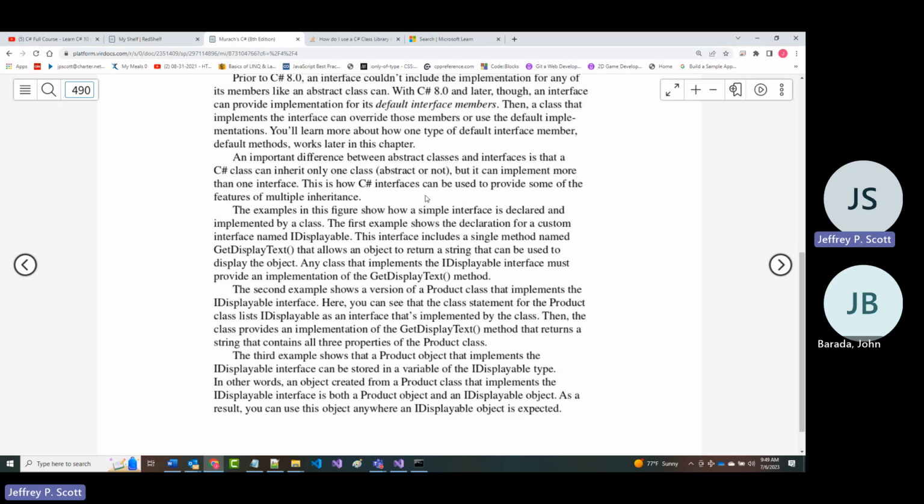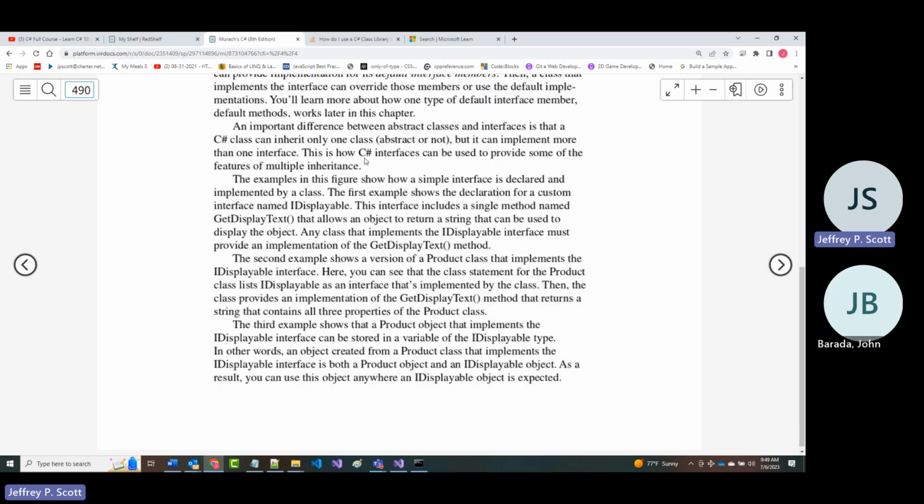But you have to agree to use them in exactly the way that I've defined that they should be used. All right. So as it says there, prior to C# 8.0, an interface could not include the implementation for any of its members like an abstract class can. But now it can.